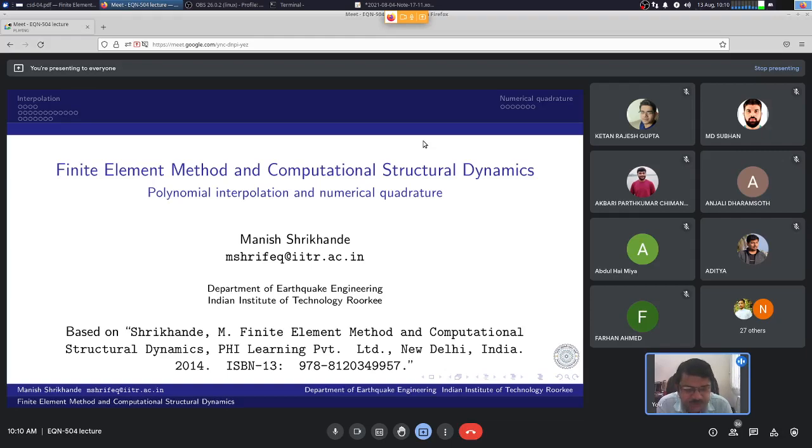Newton-Cotes formulas, etc. So, computing the area under the curves, that is a standard part of the syllabus of engineering mathematics that is taught in all your undergrad programs. So I'm sure all of you must have had some exposure to these numerical quadrature schemes, so it shouldn't be very difficult to relate to what we are going to discuss today.